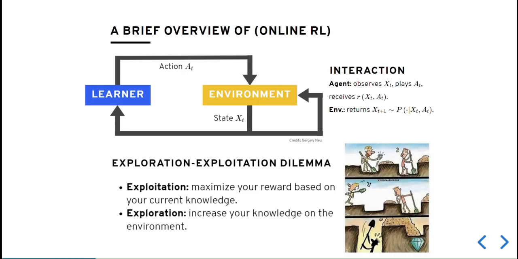The data is gathered in a sequential order as the agent interacts with the environment, and it can only learn from this single stream of experience. Unlike supervised learning, where data is generated from a fixed unknown distribution, in RL, the data distribution depends on the behavior of the agent. Therefore, the agent does not just have to maximize its reward based on its current knowledge, but also has to collect information about how the environment works. Such a trade-off is at the core of online RL.